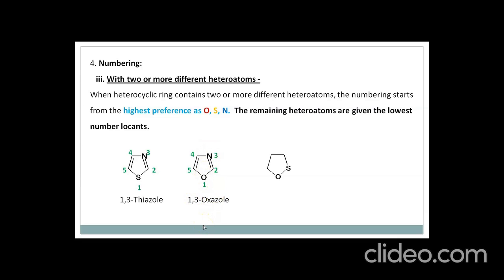Then here is another example, with the numbering and name oxathiolone, and here is the numbering 1. Obviously, we put the second to this nitrogen, not 2 here, because if you give the number 2 here, then it has a higher number, but if you put the second number here, then it has the lowest number locants. So the name is